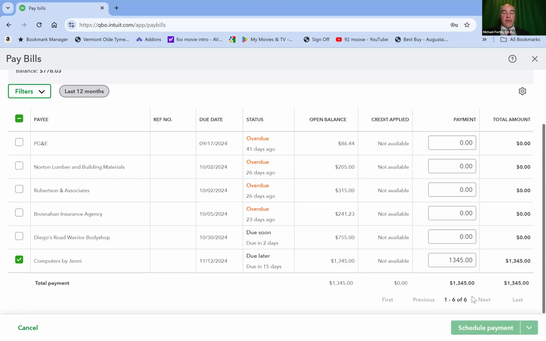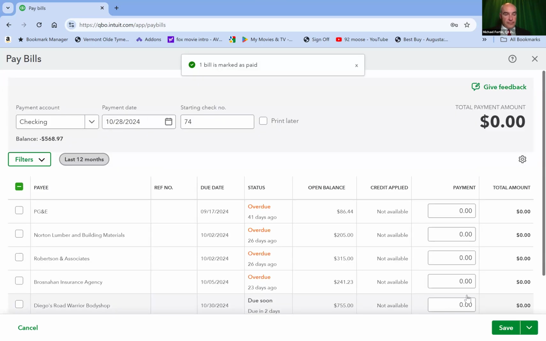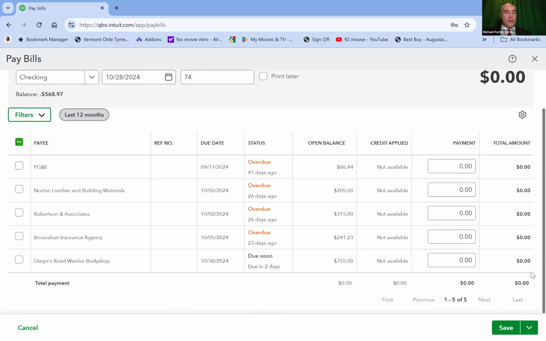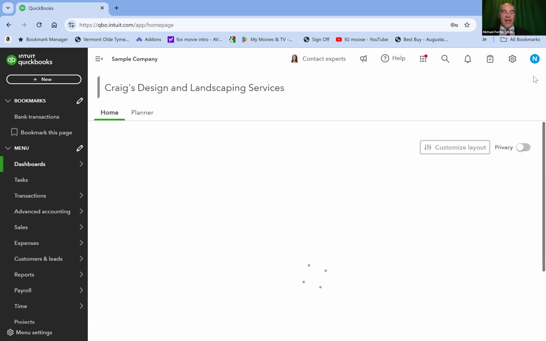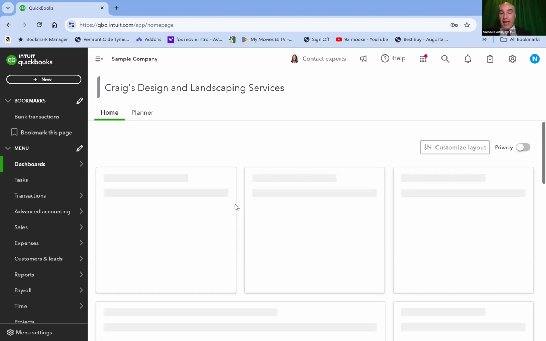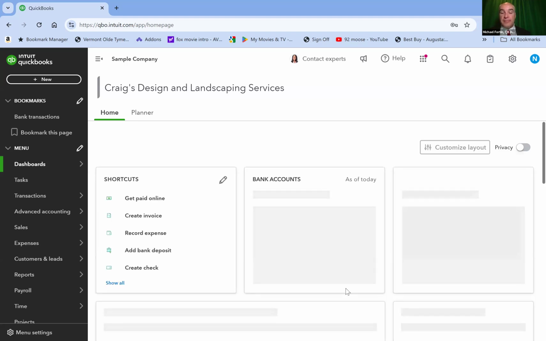So if I just click save, okay, the bill is gone, and then I go ahead and write a check out. I actually made my checking account go negative, right? $568 to the negative. Wasn't enough money in there to pay it, but anyway. So I could then write a check and send that check. And the bill is paid.